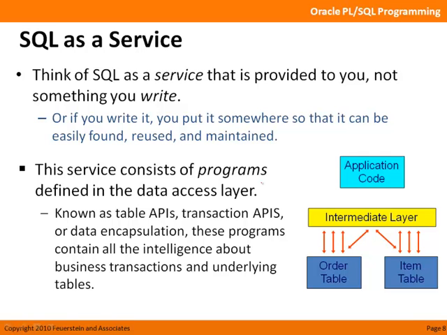It also knows that when I insert an order into my application, it's a complex transaction involving multiple tables. All that is built into my access layer. And then my high-level application code does nothing but call programs inside this layer. And you never ever bypass the layer and directly access the underlying tables, either to query or to change. Instead, you always go through the layer, and then ideally, as the underlying tables change, you can minimize the impact on the application code and get many other benefits, which I'll talk about in just a moment.